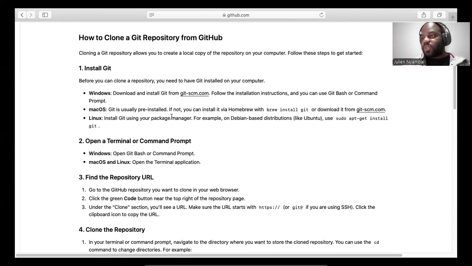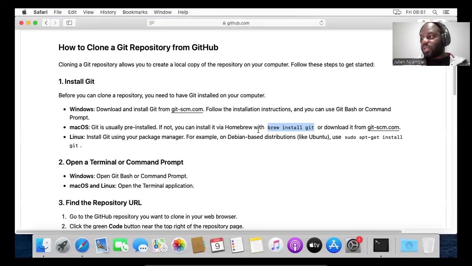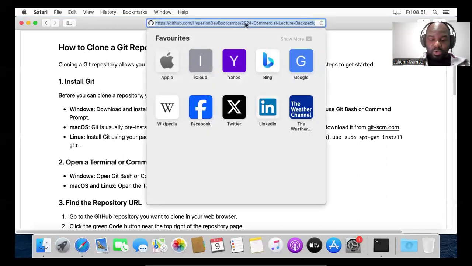Now we want to install Git, and our operating system here is Mac OS. For some of you, it may be pre-installed. But if it's not pre-installed, then we want to use the brew command. So let's go on the terminal and use the brew command: brew install git. If you don't want to install with brew, there are multiple other ways to do that. You can also go to